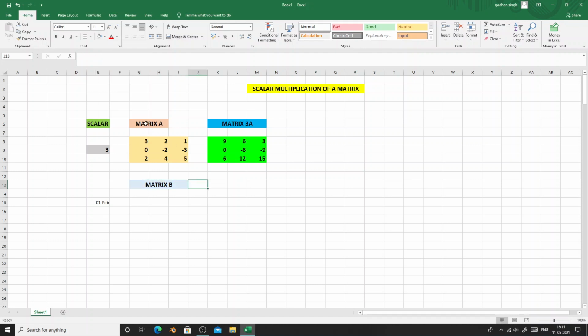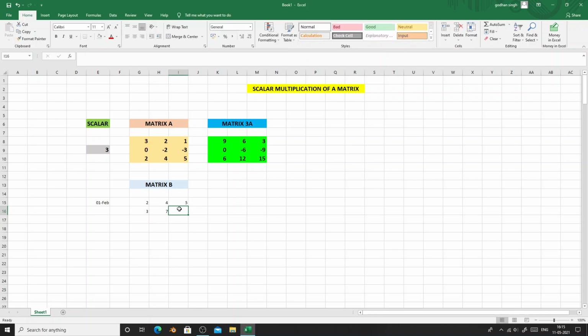And also here let us go back to our matrix A, so extend that one and merge and center. So you can see that both matrix A and matrix B look the same type. So next what we'll do is write some elements for matrix B. Let us take that as a 3 cross 3. So here I am taking say 2 and say 4, then say 5, then 3,